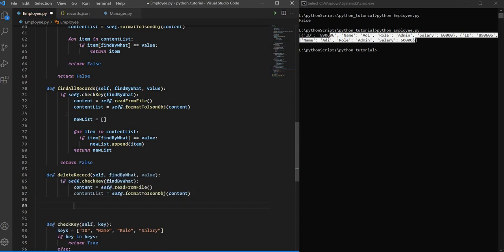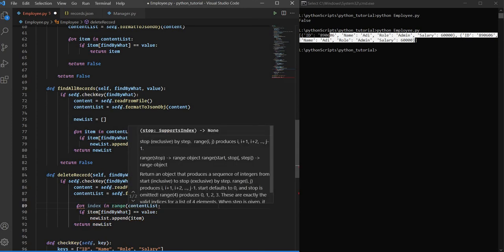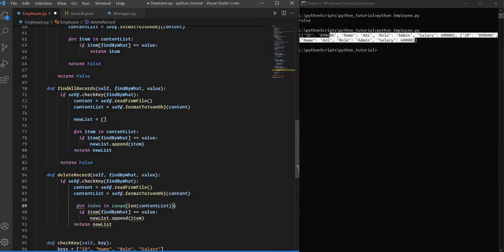So if this is true, now we just iterate over that list over here. But this time we do it a bit differently. Instead of saying for item in content list, we say for index, rather, that would be easier. It doesn't matter what name you give. So we'll say in range of the length of content list. Whatever the list is, if it's in that range, then we say if content list at that index, that dictionary's find by what, so if it's name, that dictionary's name is equal to value, in this case Adi, then we are going to use del, which is delete, content list